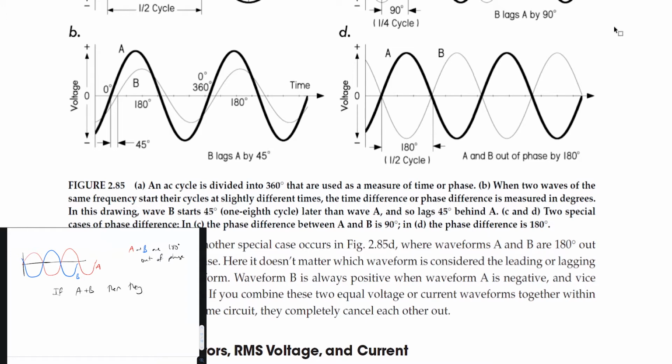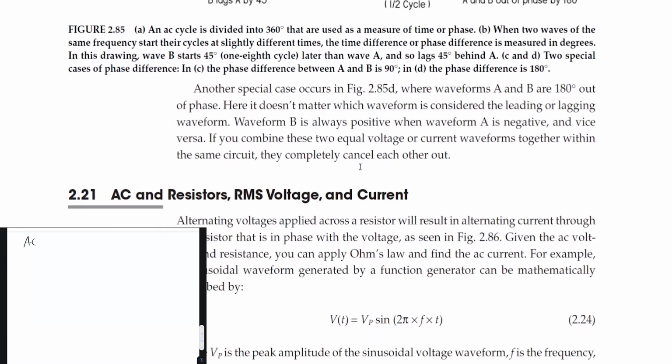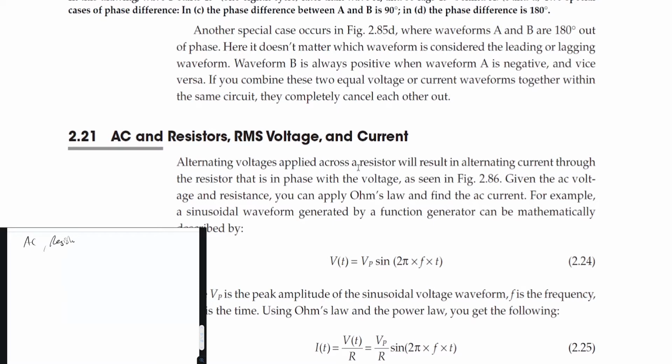So if A plus B, then they completely cancel each other out. For example, one question I'll write there is, what happens when two waveforms that are 180 degrees out of phase are added together? Okay, so moving on to now AC, resistors,